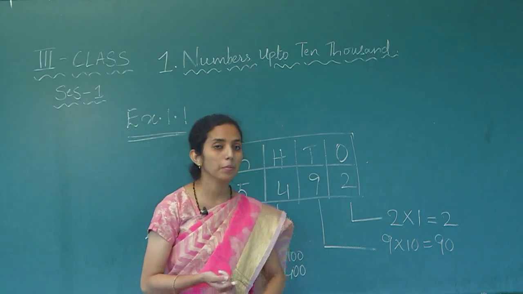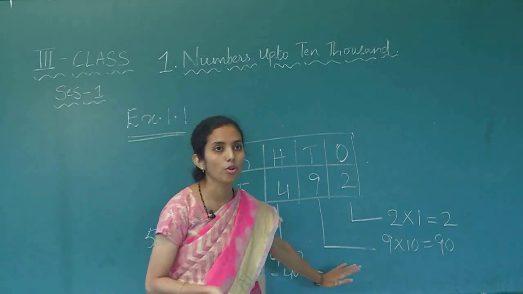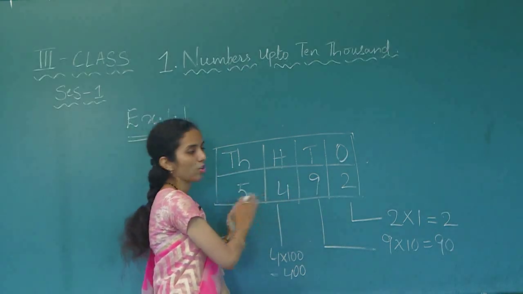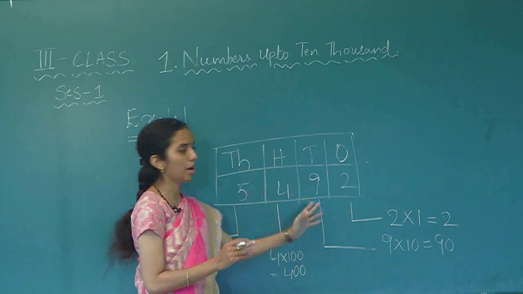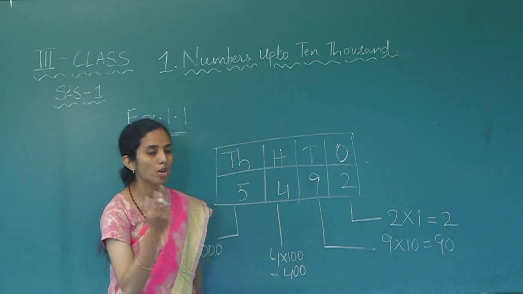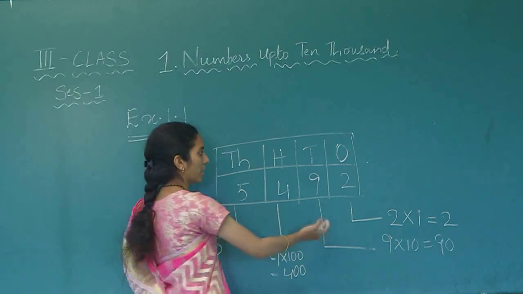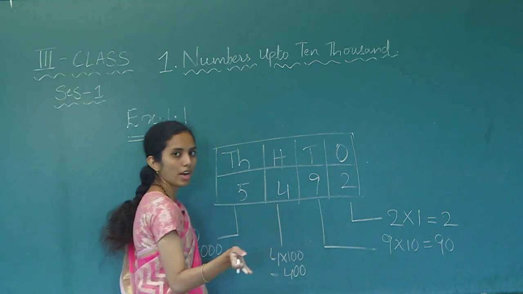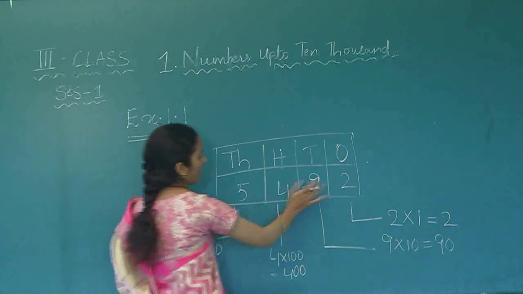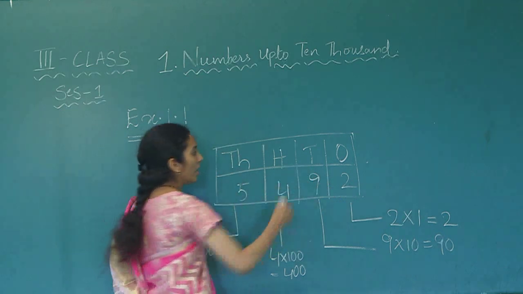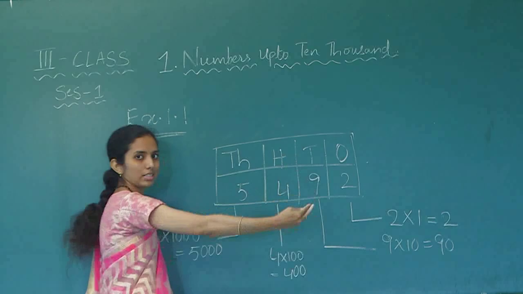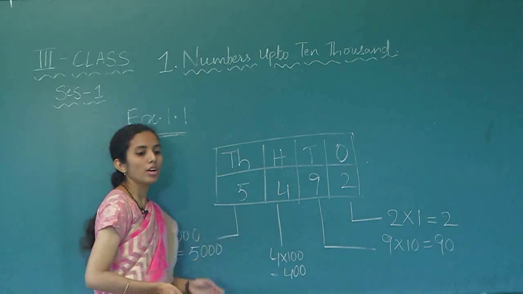So this is the importance of place value. If you change the numbers or the place value, the total number will become wrong. Always remember, place values should be written from right hand side to left hand side. You cannot write it as ones, tens, hundreds, thousands from left to right. No, it is not the way. You have to write ones, tens, hundreds and thousands from right side to left side.